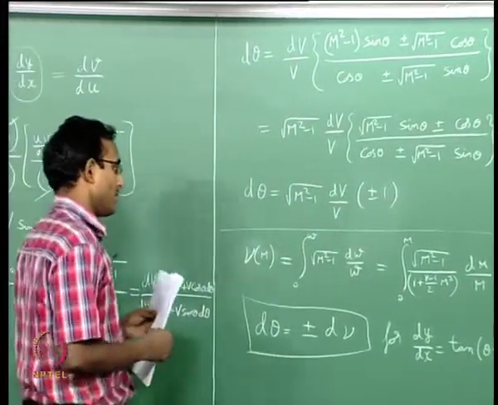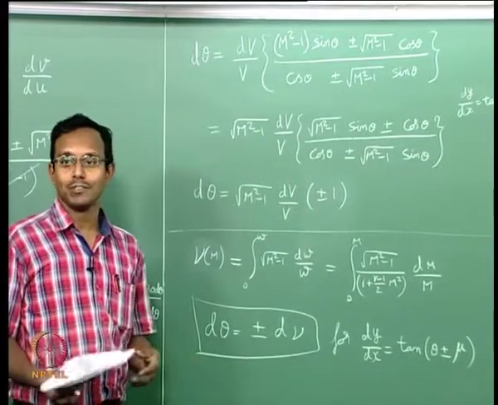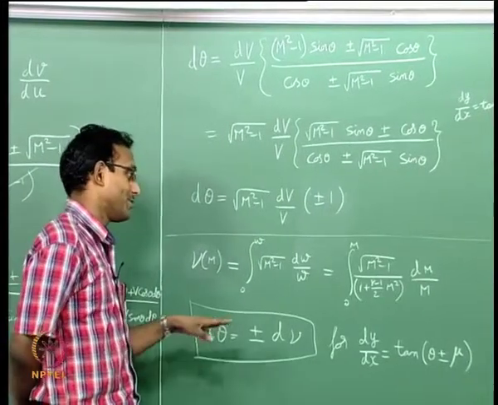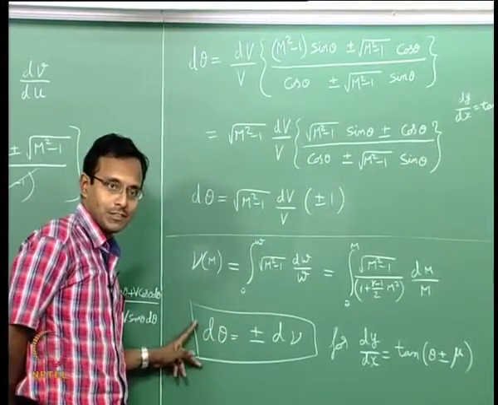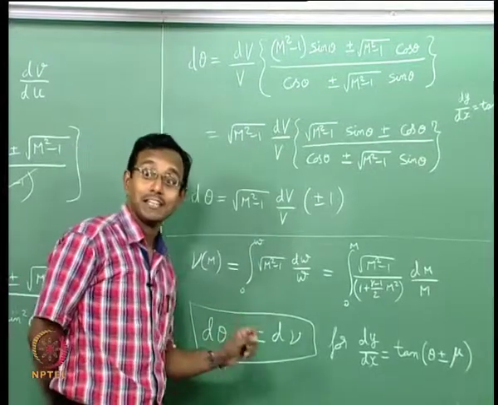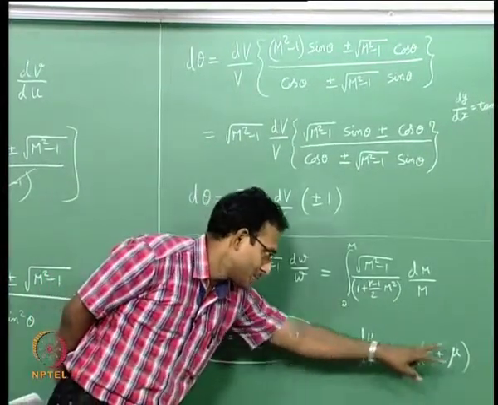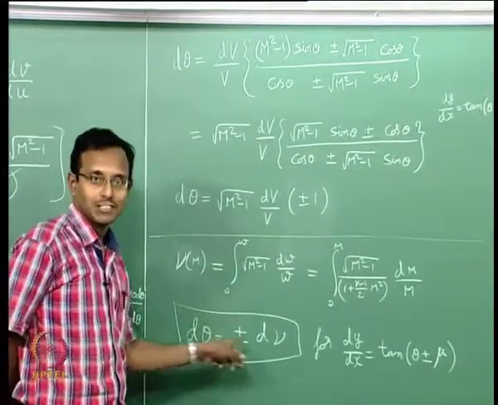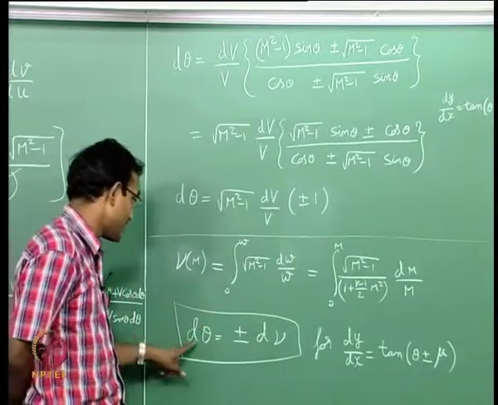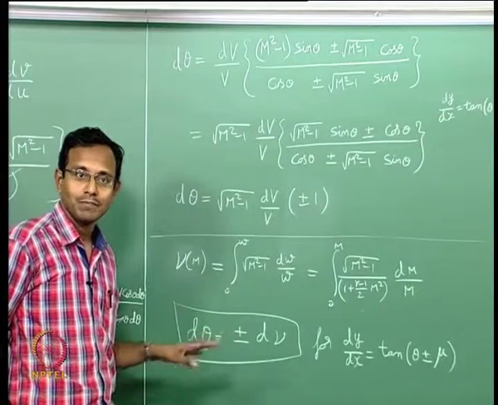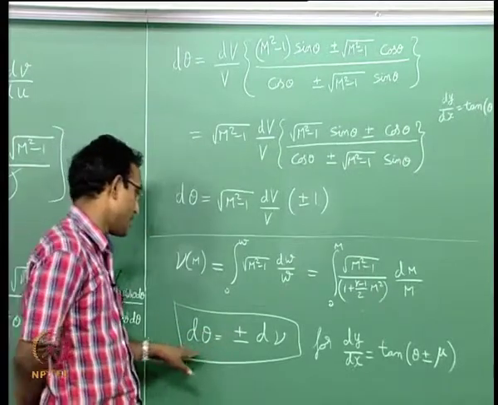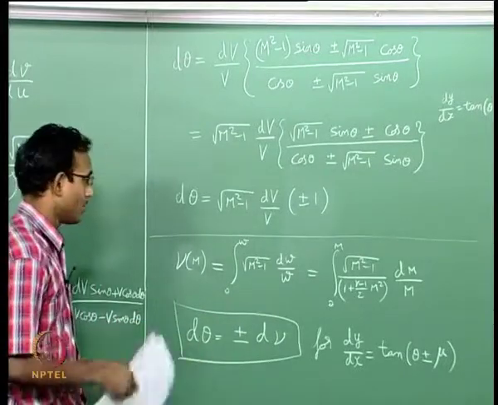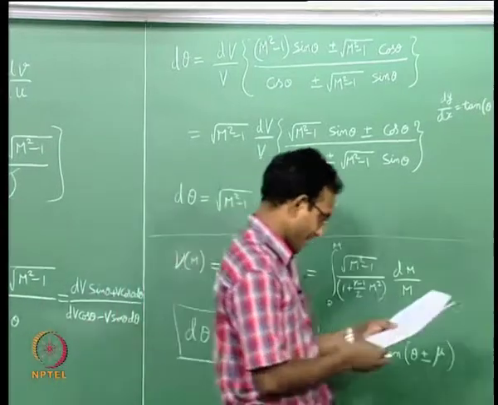Okay. So, what we have essentially done after this whole analysis, this is the end of our serious math sections. Okay. What we have come up with finally is two differential equations which are valid along some particular characteristic directions, which are tan of theta plus mu and tan of theta minus mu, where along each of those directions there is one of these differential equations valid, and the differential equation is extremely simple, first order simple differential equation, right. You brought it to an extremely simple form. Integral of this is very simple. Okay. So, we will write the integral form finally.